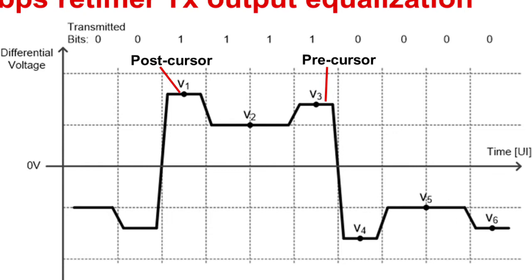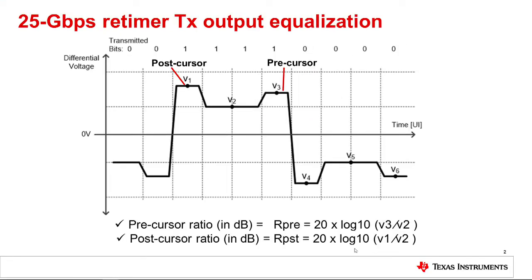The bit preceding the edge transitions, such as voltage points V2 and V3, is known as the precursor. Precursor de-emphasis may also be applied to equalize the transmitted signal. The precursor and postcursor de-emphasis functions allow the host system to pre-distort the transmitted signal. The objective is to obtain an equalized electrical signal after transmission across media suffering various signal dispersion effects.